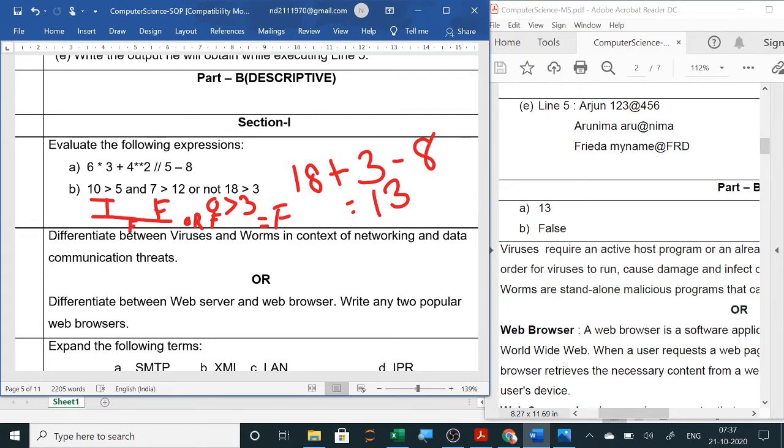Next is, differentiate between viruses and worms in context of networking and data communication threats. So viruses, worms and Trojan horse are actually different types of malicious programs. But since they have used here viruses in the definition of virus, they have given here about Trojan horse by CBSE. So we will prepare like that only. So viruses are the